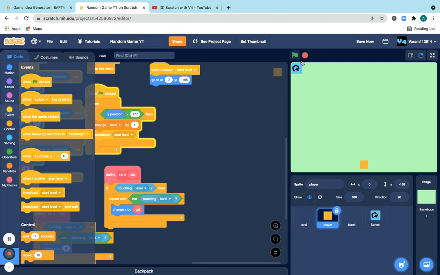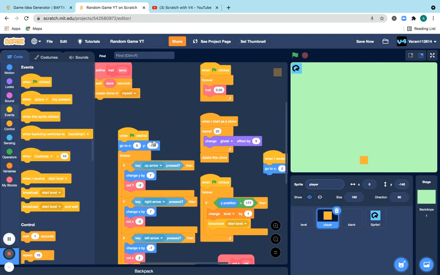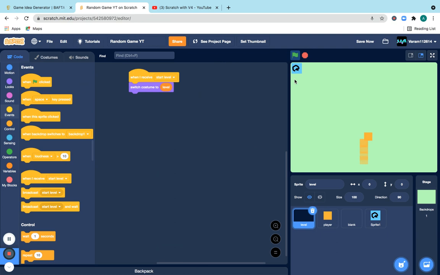Okay, so yeah, now negative 155 is a little too low. 45? Negative 140, I guess. 40 works. When I receive start level, go to negative 140. So yeah, now at the beginning, go to negative 140 for the Y, and yeah. Now that we've done that,